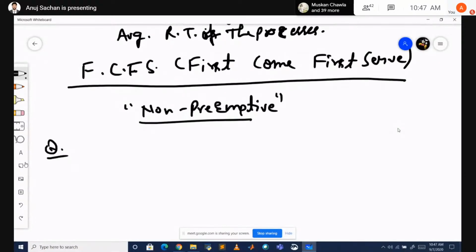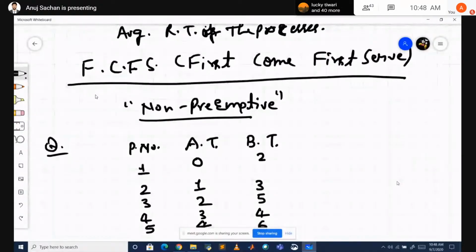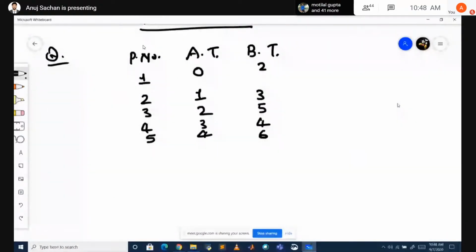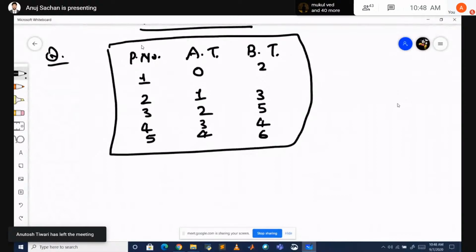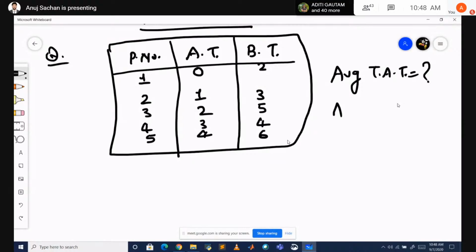अब एक क्वेश्चन ले लेते हैं। ये हो गया प्रोसेस नंबर, ये हो गया अराइवल टाइम, ये हो गया बर्स्ट टाइम। प्रोसेस नंबर 1 2 3 4 5, पाँच प्रोसेस हो गए। अराइवल टाइम हो गया 0 1 2 3 4। बर्स्ट टाइम मतलब कितने टाइम प्रोसेस रन कर रहा है? ये कर रहा है 2 नैनो सेकंड, ये 3 नैनो सेकंड, ये 5 नैनो सेकंड, ये 4 और ये 6। अब ये दे दिया आपका क्वेश्चन कि इसको आपको FCFS की हेल्प से सॉल्व करना है और फाइंड करना है कि क्या इसका एवरेज टर्न अराउंड टाइम होगा और क्या इसका एवरेज वेटिंग टाइम होगा।